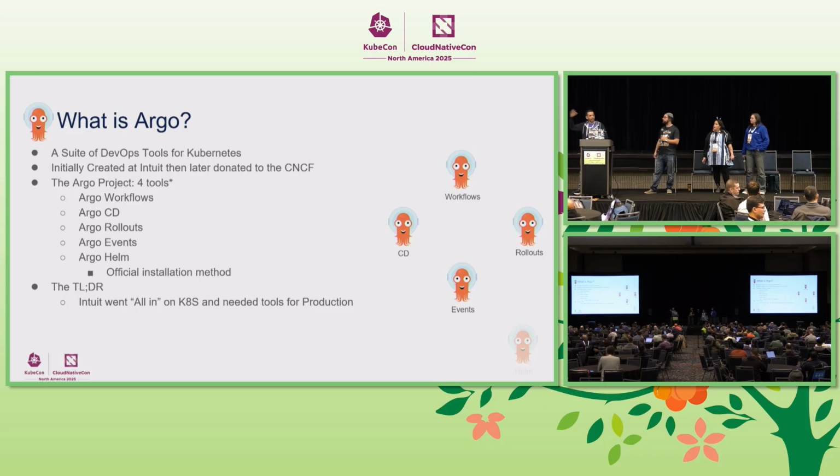It is managed and maintained by the entire community, people from Intuit, Red Hat, Acuity, all the other major players. They actively maintain that. So anytime someone asks me what's the official way to install Argo, it's Argo Helm. So, too long, didn't read: the background of Argo is that Intuit went all in on Kubernetes and just needed tools to manage their production workflows. But you're not here to hear